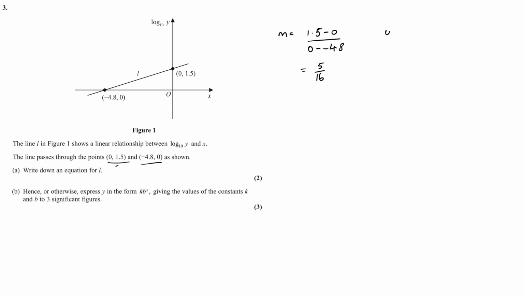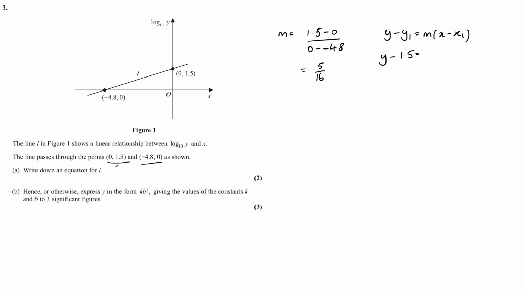Then I want to think about my y minus y1 equals m(x minus x1). So that's obviously y minus, and I'll use the same first coordinate, the (0, 1.5). So y minus 1.5